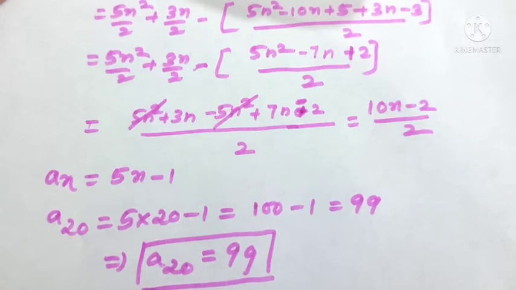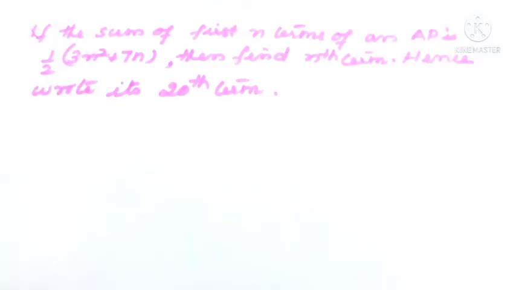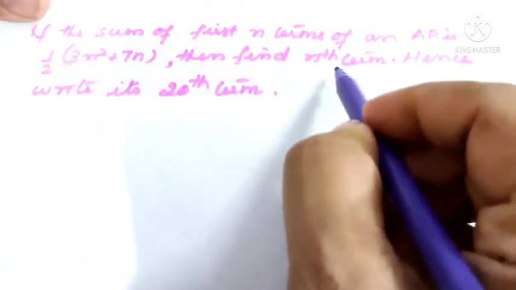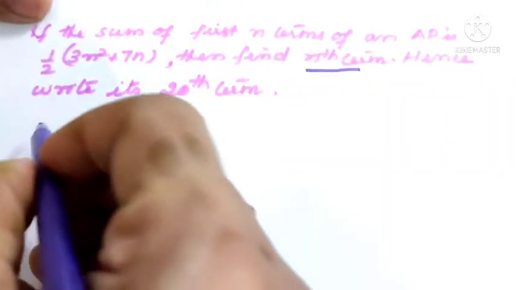Similarly I will do one more sum, then it will be easy for you. The sum of first n terms of an AP is half into 3n square plus 7n. Then find the nth term, hence write its 20th term. So here also the formula for the sum of n terms is given. So the nth term is asked. So we know that